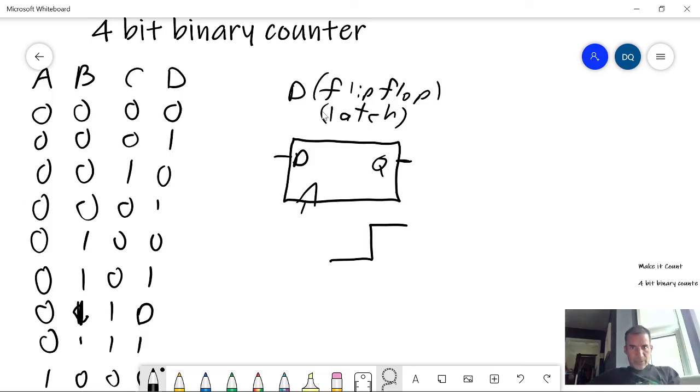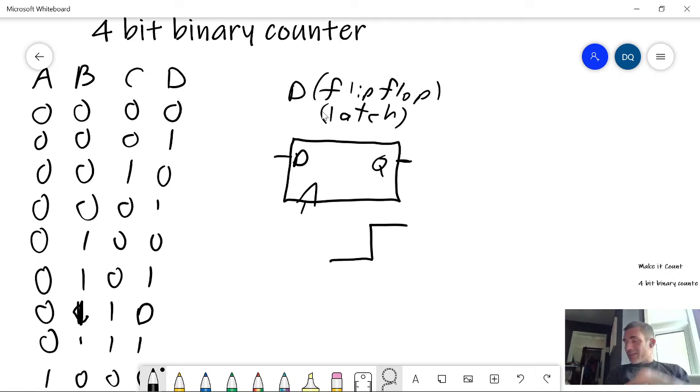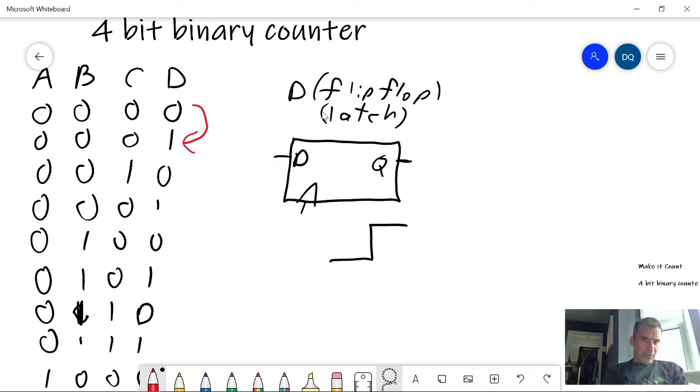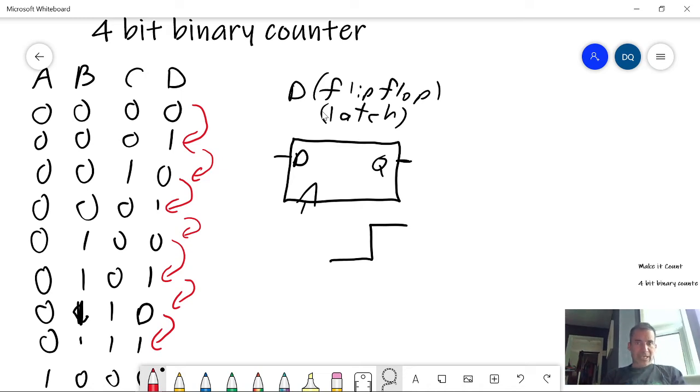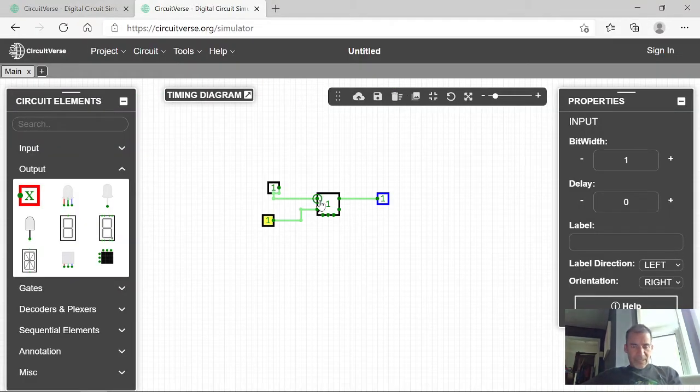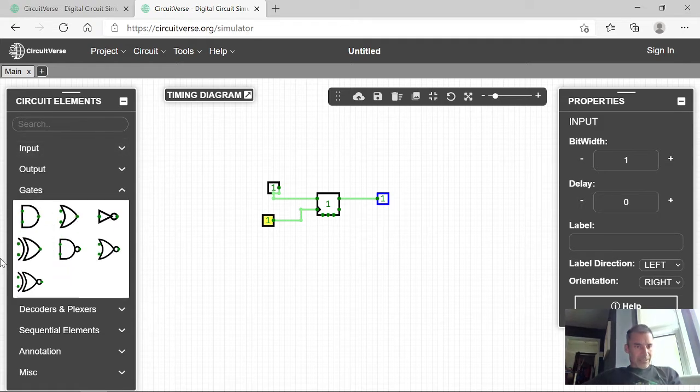Okay, now the first thing that we want to do is figure out our least significant bit. If you look at the least significant bit, notice how it's always transitioning from 0 to 1, and it's transitioning from 1 to 0. So the least significant bit changes every time we receive a clock pulse. So what I'm going to do is I want the data line to be the exact opposite of the output line. So I'm going to get a gate,